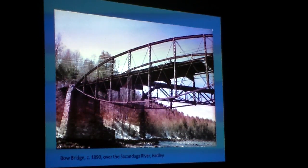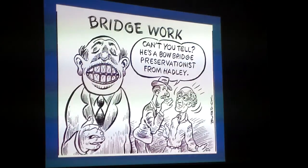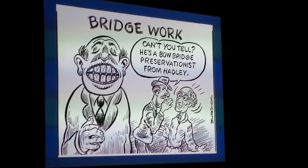The other parabolic or lenticular truss bridge in the Adirondacks is this much bigger one over the Sacandaga River in Hadley, in Saratoga County. This was also closed for about 20 years. We got involved in advocating for its preservation right as the county was about to demolish it, and we were successful in convincing the town supervisor in Saratoga County to give us some